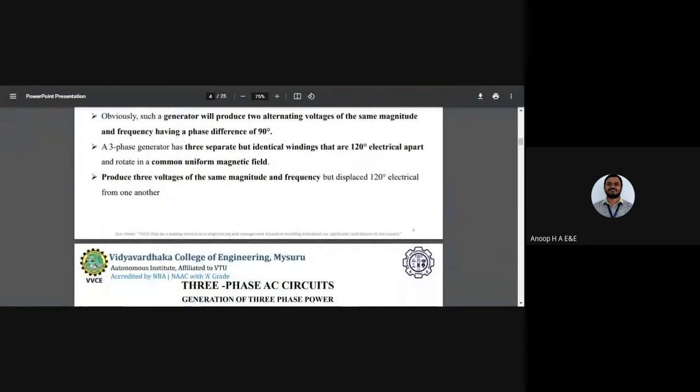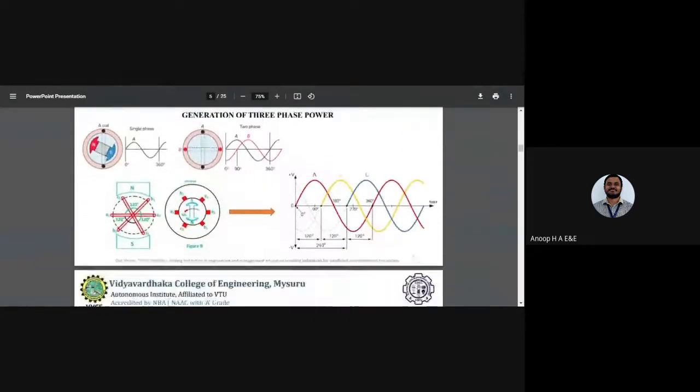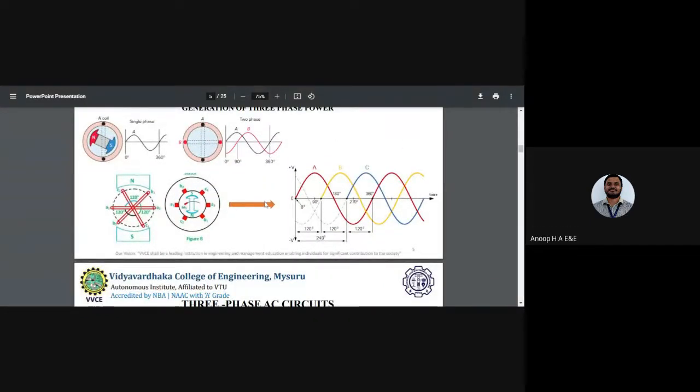Once you had a single conductor, we called it the single phase supply. What you see here are the three-phase conductors: A1 and A2, B1 and B2, C1 and C2. This is the machine-level representation of the three-phase circuit. Once this three-phase power is generated, one thing to keep in mind is the voltage. Once the voltage is generated, the respective currents flow in the circuit and power is generated. That is where you have R, Y, and B.